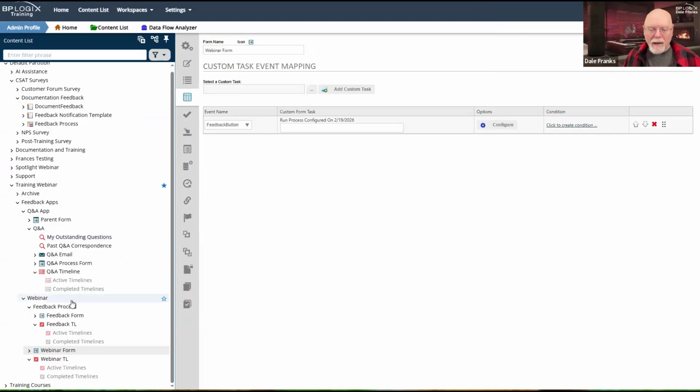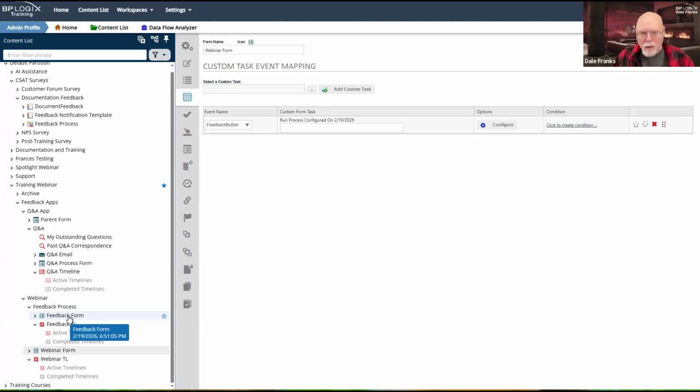And now that I have this feedback process configured the way that I have, I can invoke this feedback from anywhere in Process Director. It's now a separate, independent process, and I can stick a give feedback button on any other form in my process, as long as you do have some value.